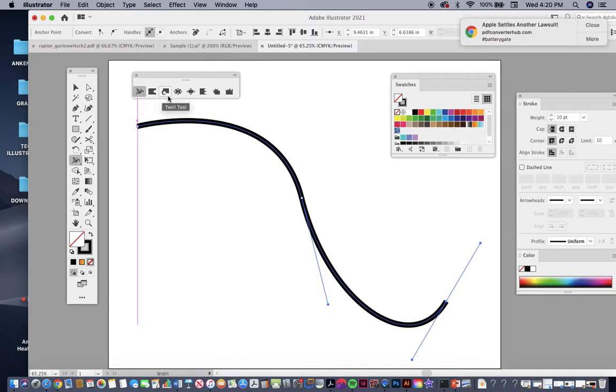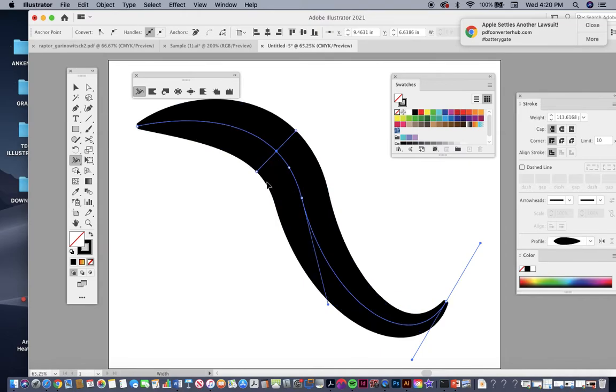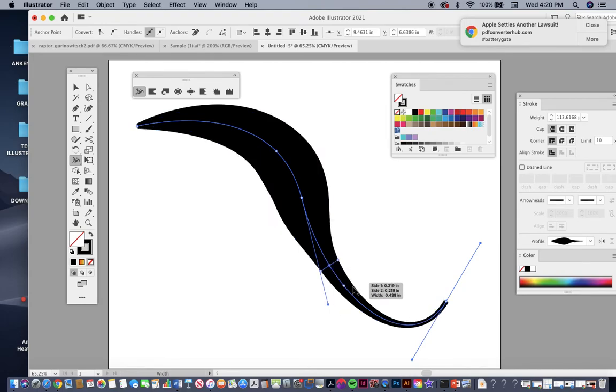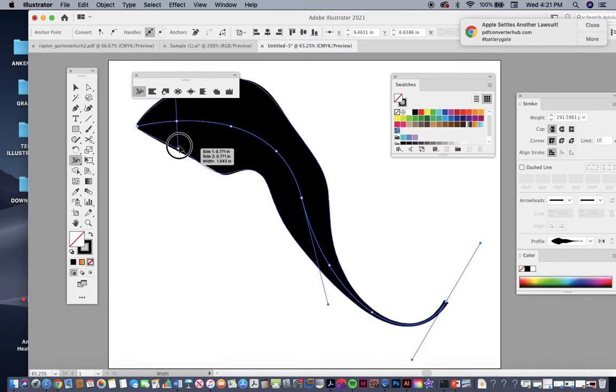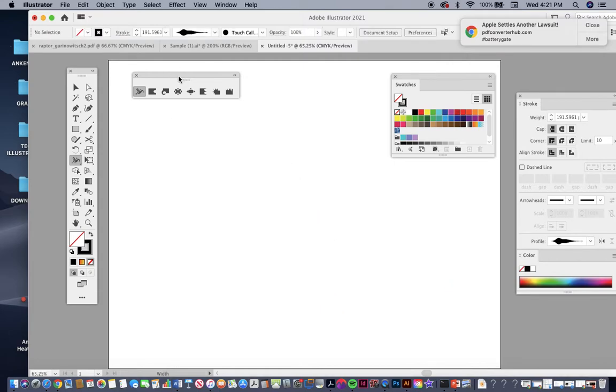Okay, with the width tool, I can place it on the path and then click and drag and stretch that path. I can also, at any point, click and pull that path in. So you can just continue to distort this however you like. Anywhere you click, it's going to add 2 points, and you can apply that to it. Something else you could do with that